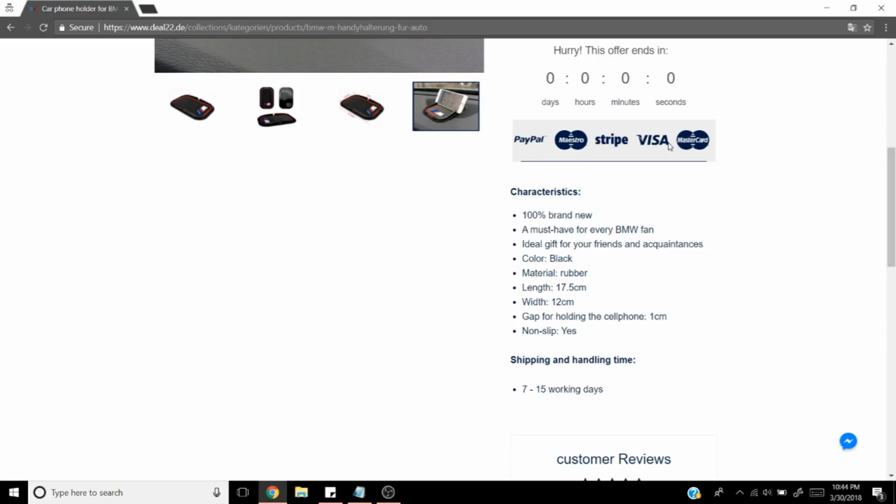Trust badges are all right. Now, like I always say with these trust badges, you don't really want the payment processors. People don't really care about that. What you really want to have here is something like, hey, we have free shipping, we have a 100% satisfaction guarantee. That's what they really want to look for, right? So make sure that you're including similar stuff to that, and get rid of this because this just takes up space.